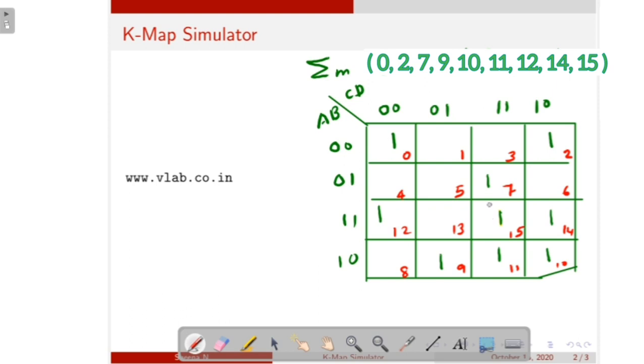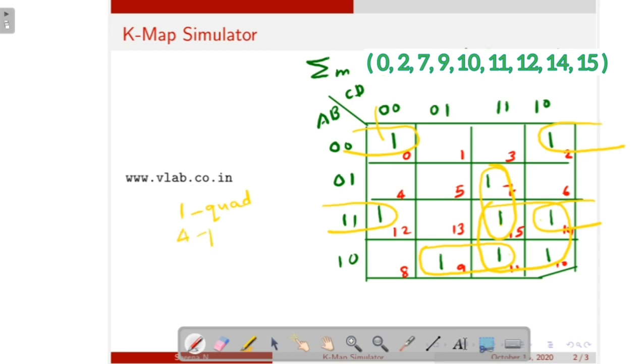Next we can do the mapping. Here there is a quad, then here we have a pair, then here a pair, then here also one pair, and here also one pair. That means one quad and how many pairs? 1, 2, 3, 4 pairs.